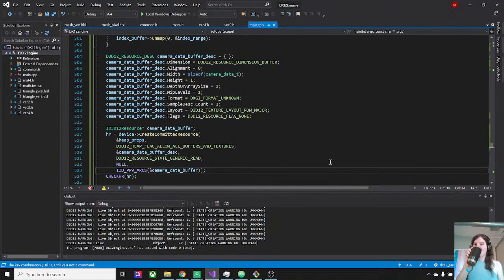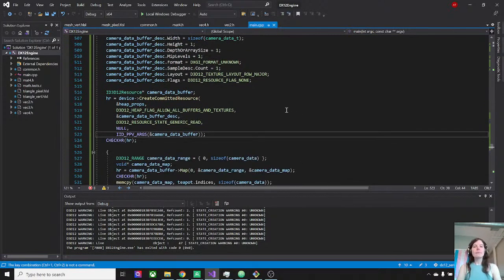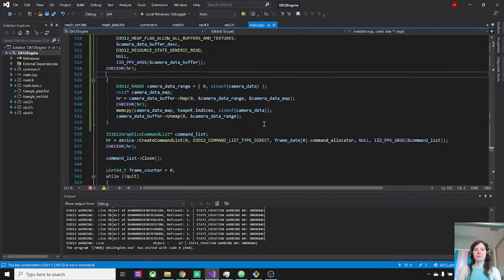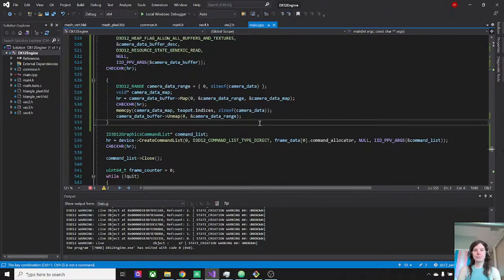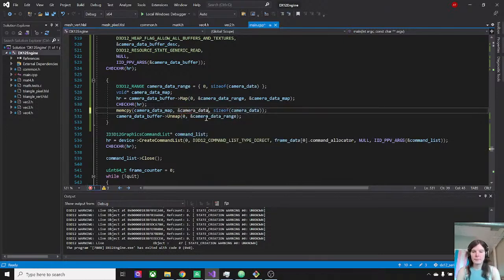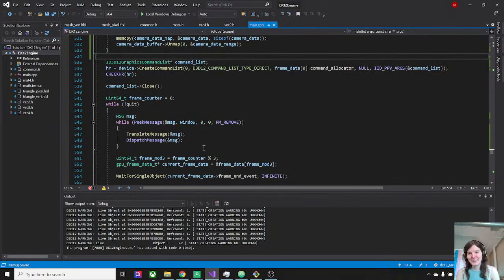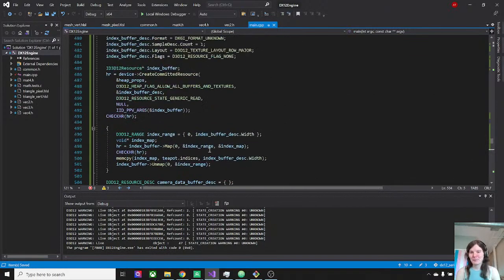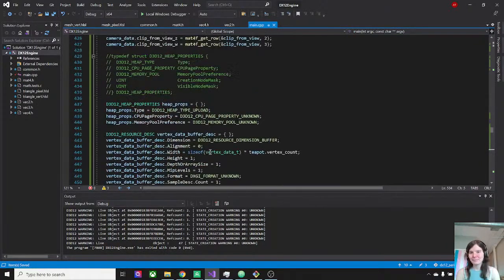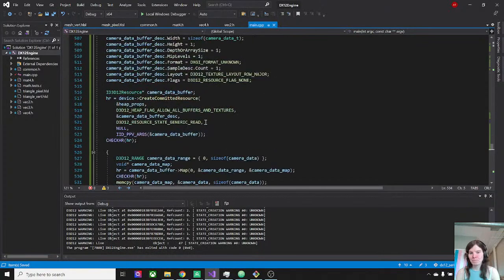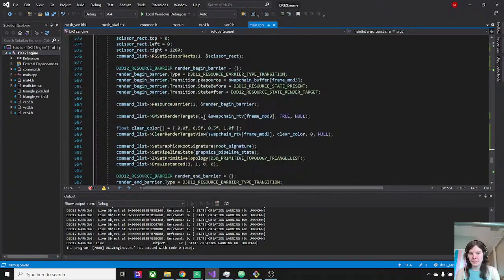Okay. This is wrong. That would have been not very much fun to debug. All right, so